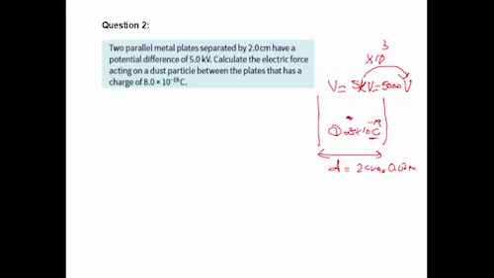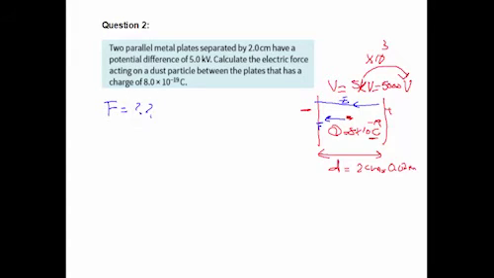So there is a particle here with a positive charge. If you have, for example, this is a positive and this is a negative plate, and this particle is positive, it will move towards the negative direction. This is the direction of the force, and it is the same direction as E, from positive to negative. And this is a positive charge, so the force will be towards the negative plate. So they need the force